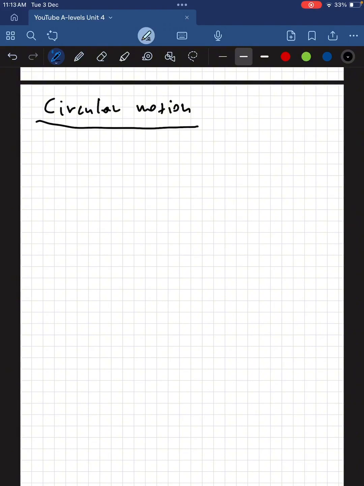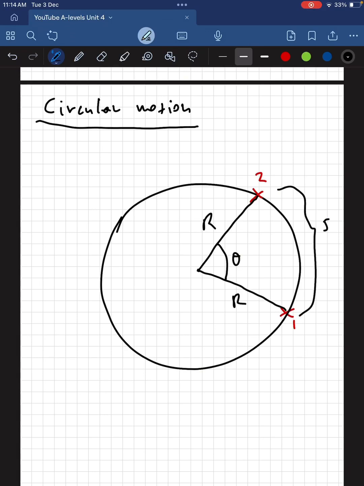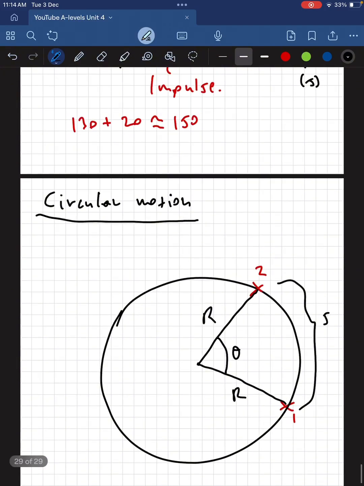And let us start by drawing a circle since we are talking about circular motion. So this is a circle, okay? Let's say that we go from this point 1 to this point 2 along the circle. Then we can draw this radius r, and then this radius r, and I'm sorry, the radius of the circle is capital R. So if we go from 1 to 2, we cover an angle theta and an arc length of s. From basic geometry, we know that theta is simply s over r,